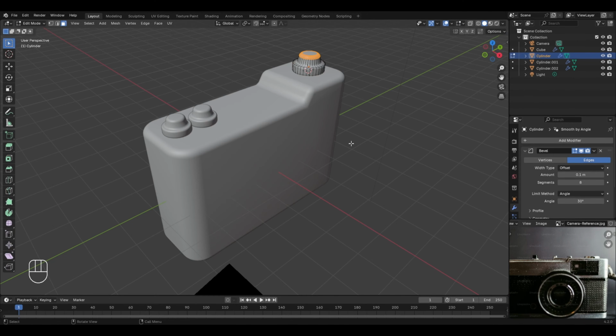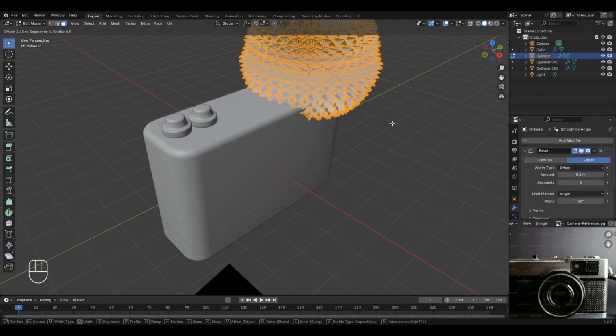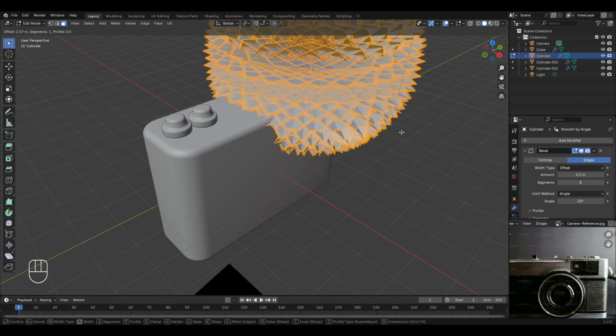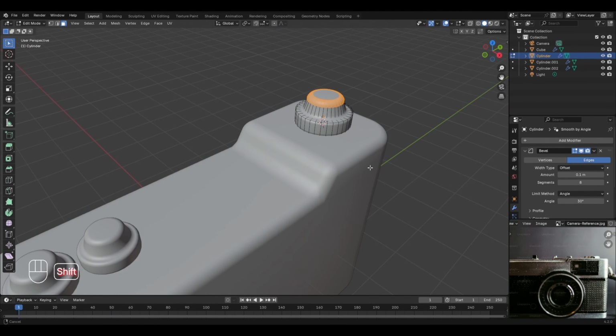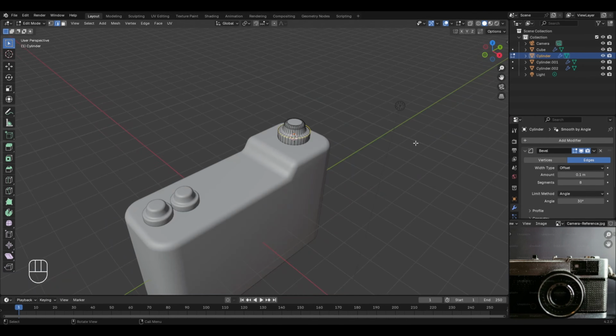For example, if I press Ctrl plus B with all these edges selected and try to move my cursor away, then you will notice that on this top left corner, the offset value is changing, and this offset value is the same as the amount value in the bevel modifier. Then we have the number of segments, and in the bevel tool also, you can see that whenever I select a particular edge loop and apply the bevel tool to it, then by using the scroll wheel, I can set a particular number of segments, and a similar function can also be done in the bevel modifier with the help of number of segments. Now moving ahead, let's return back to the object mode, and we'll now create the camera